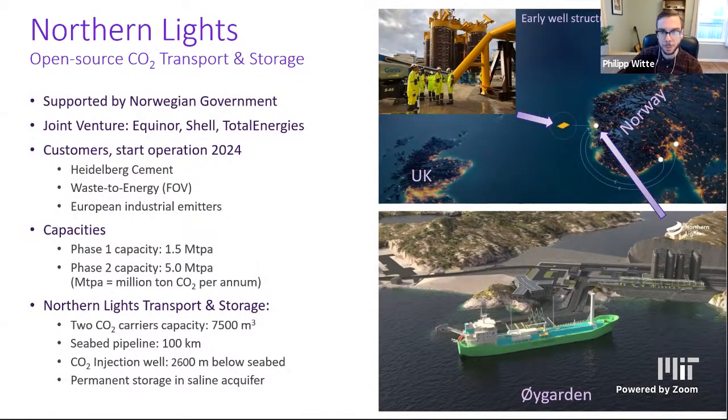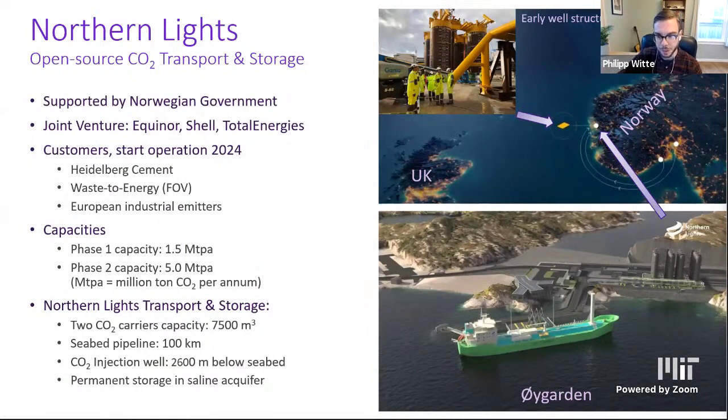At this point in time, there are 2 customers in Norway: a cement plant and a waste to energy plant in Oslo. The carbon is captured at those factories, compressed, and then transported on a container vessel to a CO2 terminal